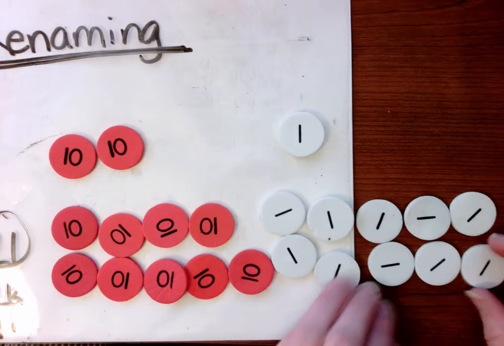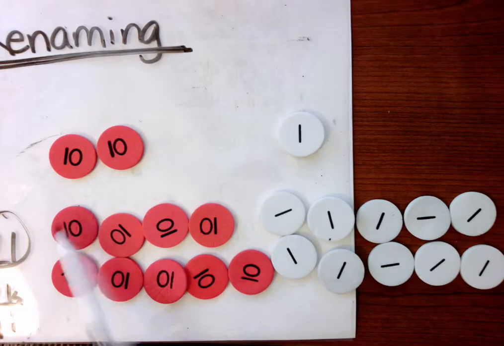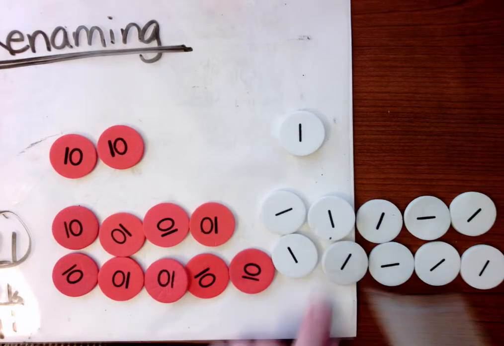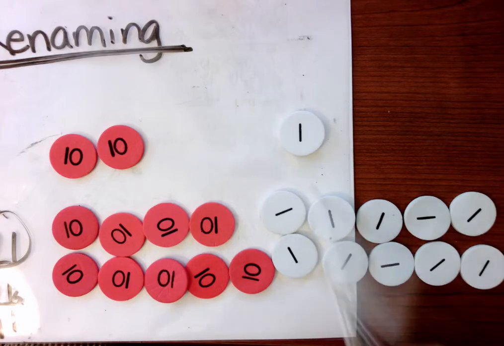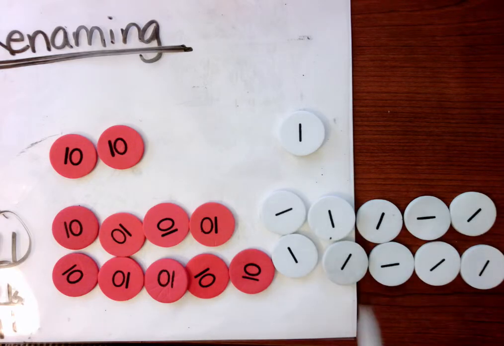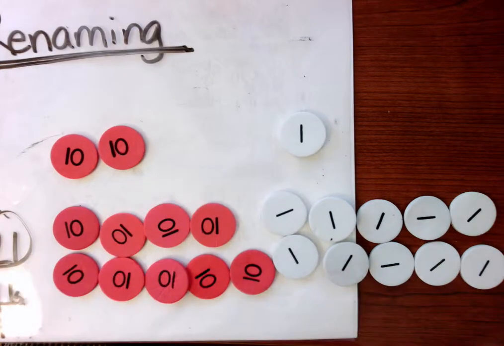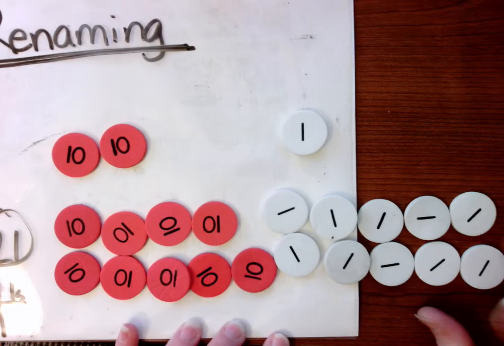Let's see. 10, 20, 30, 40, 50, 60, 70, 80, 90, 100, 110, 121. Yes, I still have the value of 121, but the name for this value, using my place value chart,